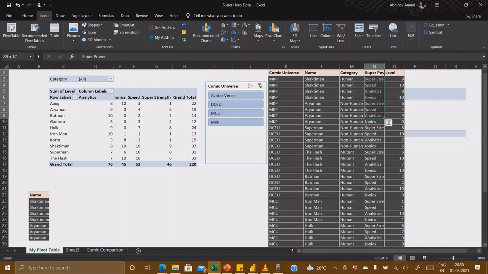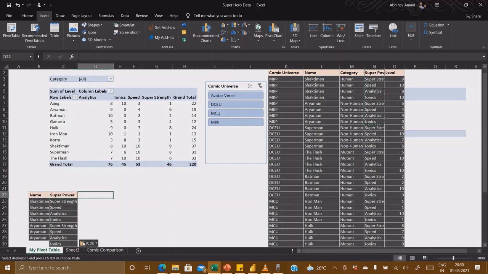If I bring in the other column also, I don't know how many rows it was. Let's see. Okay. So now this is a filter. This is kind of a half filter you can say.